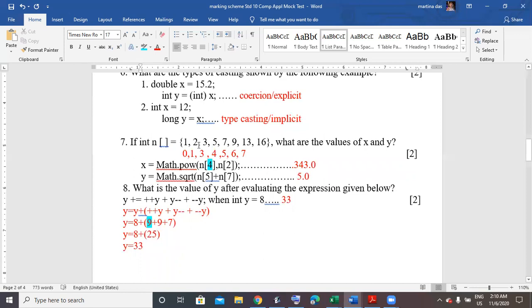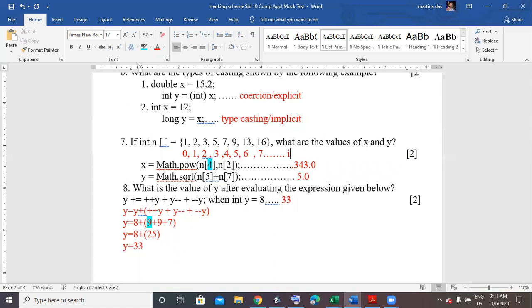Sorry, I missed out on 2 over here. 1, 2, 3, 4th index. This is the 5th index. This is the 6th index. And this is my 7th index. There are 8 values, but based on the index, I am getting till index 7 because the index starts from 0. Now, in red color are my index values.